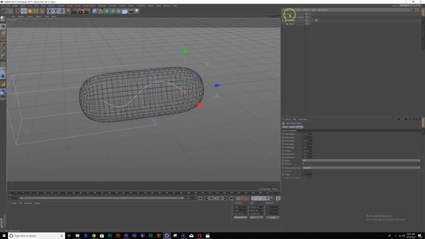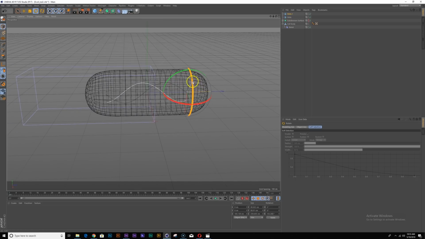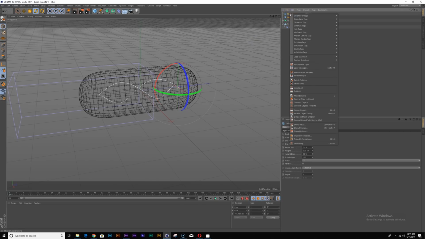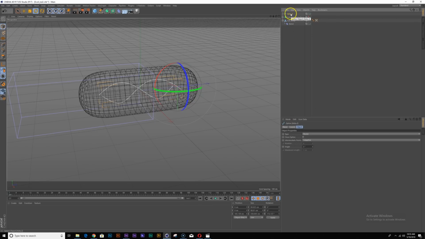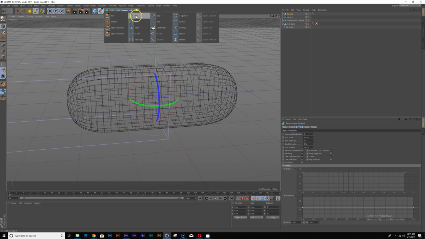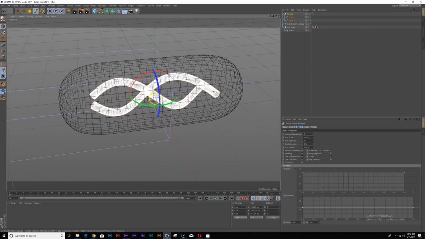Okay, let's copy this, duplicate our helix, and just rotate it something like that. Cool. And with both of these selected, right click and hit connect object and delete. So now we just have a clean spline to work with. And let's add some geometry to our spline. To do that, let's create a sweep object as well as a circle. And right now the circle is way too big, so let's make it, let's say 10. And let's drop the circle and the helix spline both into a sweep, and now we have some geometry to work with.